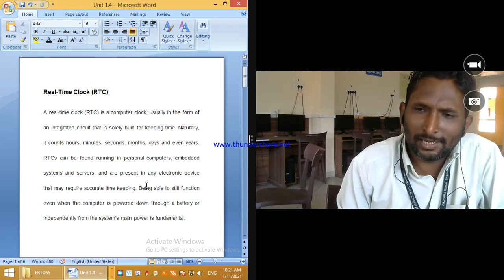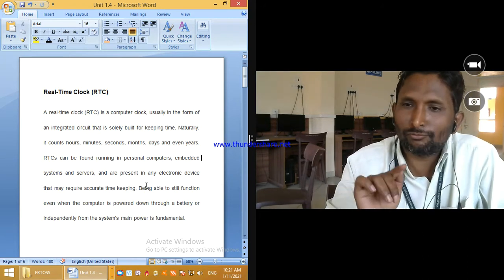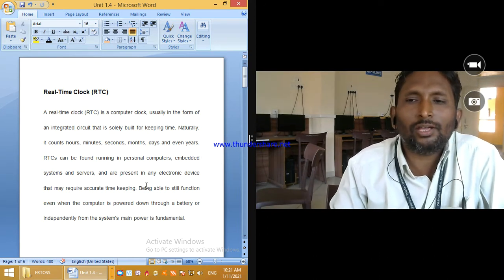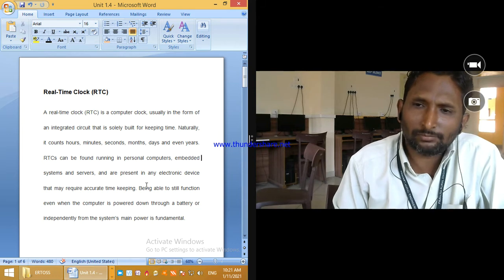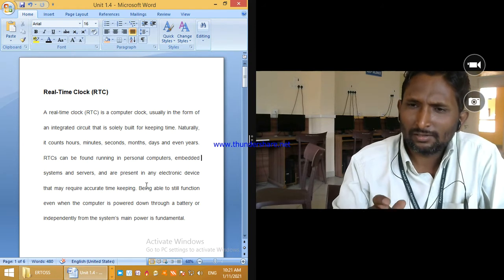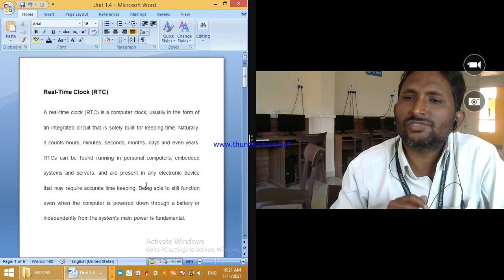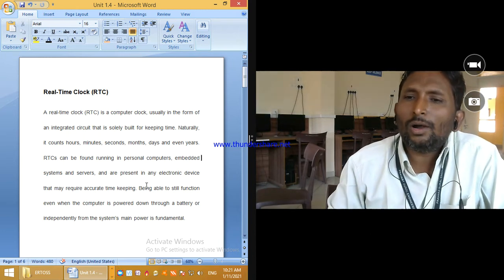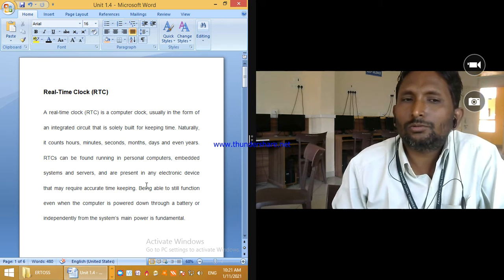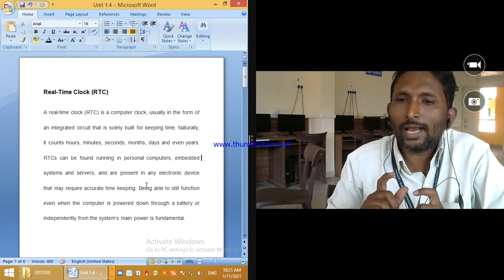A real-time clock, as the name, and previously we have seen the example. It is a real-time clock. It is one kind of hardware which is mounted, which is required wherever we have to show real-time execution. At that time, real-time clock is required. It is one kind of circuitry which gives the real-time signals. What kind of signals it gives? It gives signals to keep the record of, or to show the record of accurate timing.